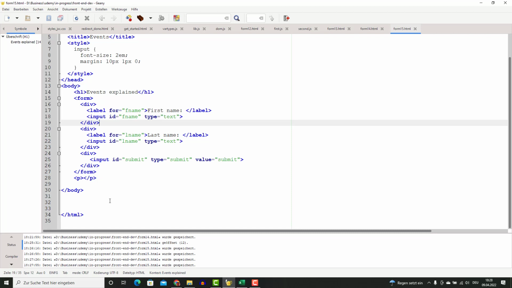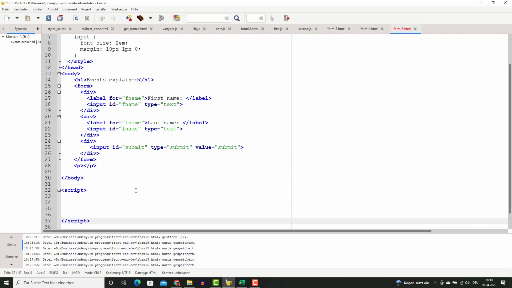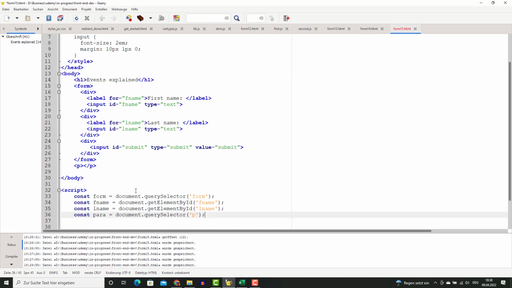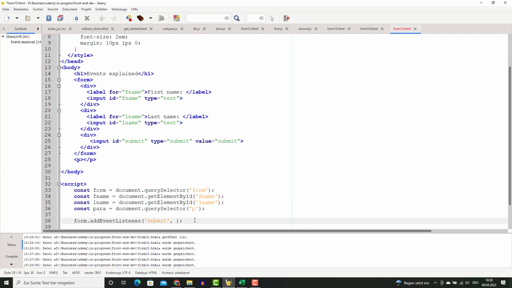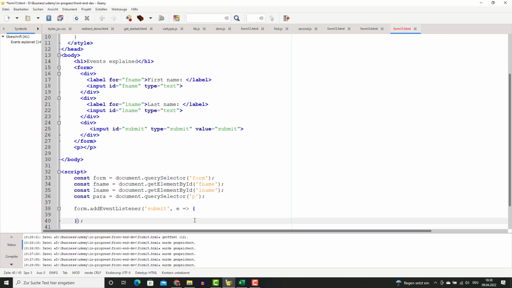I'm going to introduce you to some code, and I'm going to create something. So what I'm going to do, I add some script here. You see, I'm going to define 4 constants which contain the objects that I have in my file: the form, and then the elements first name and last name, using get element by ID or query selector. And then I'm going to add a method or a function to my submit event, which is an